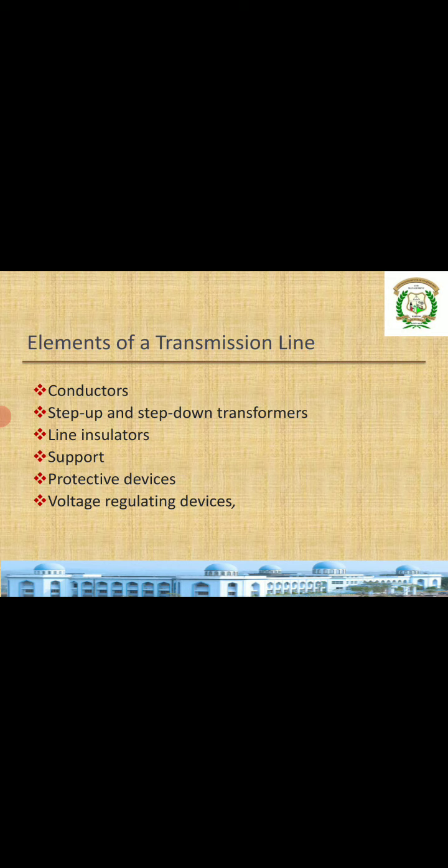The second one is step up and step down transformers. At the sending end and the receiving end, and sometimes at the transmission receiving station as well as substations, we have these transformers according to their function, whether step up or step down is required. Transformers permit power to be transmitted at high efficiency. We know that high voltage transmission is the economic one. That's why at the generator side we have step up transformers, and at the utility side we have step down transformers.